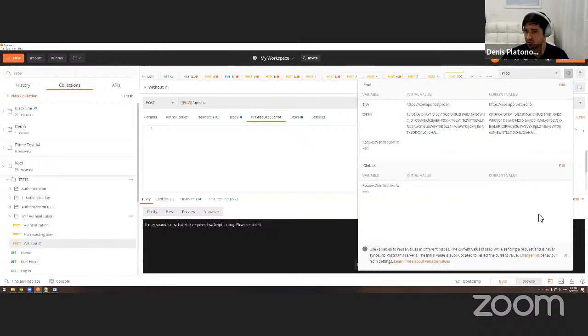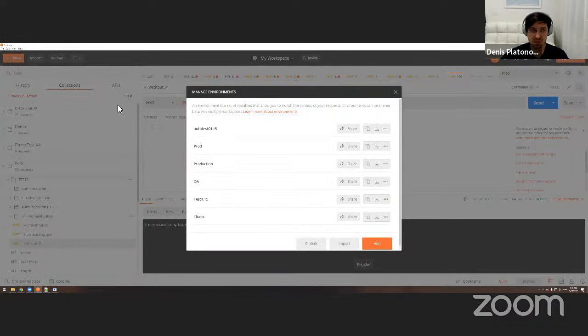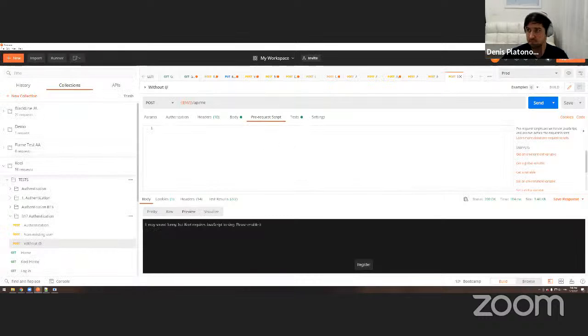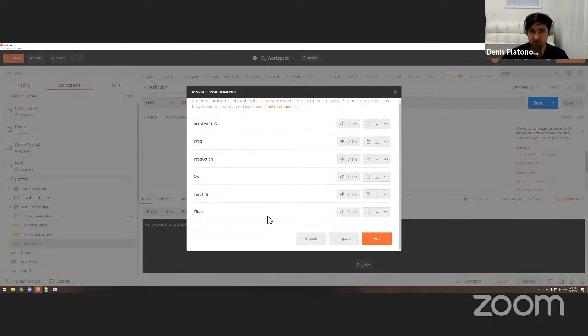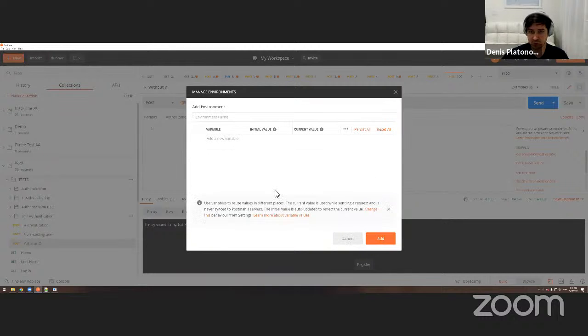So you can create a new one and call it like test or stage or whatever. You see, these are environments. So I can create a new one, which is add, and then call it, I don't know, stage, for example.